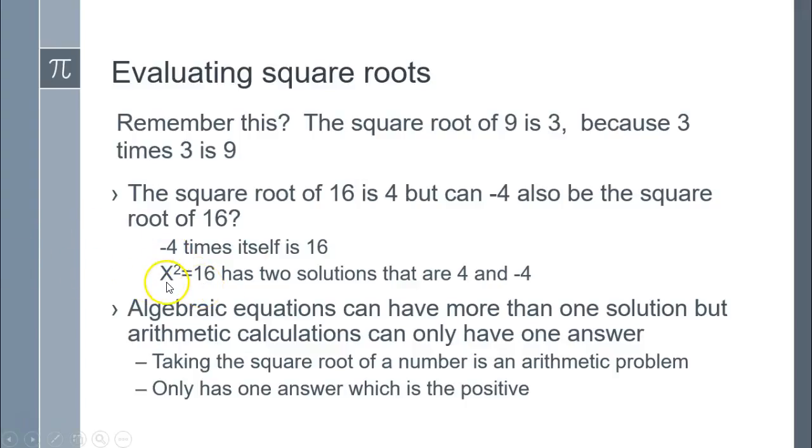You're being asked what number or numbers multiplied by itself will give you 16. It's just a little bit different than being asked for the square root of a number. It's an algebra problem, not an arithmetic problem, and you can have more than one answer to an algebra problem,